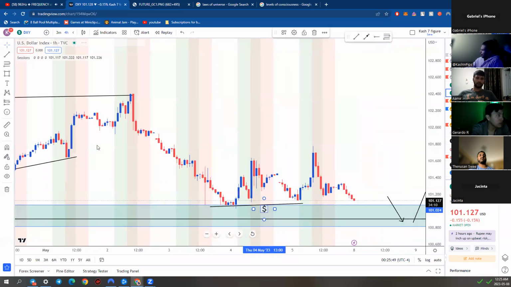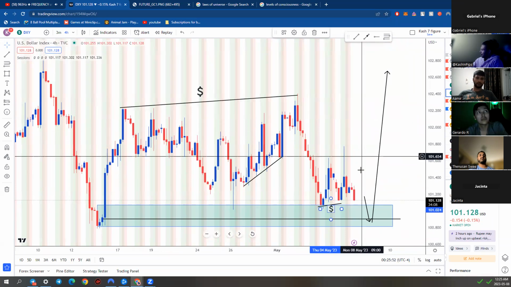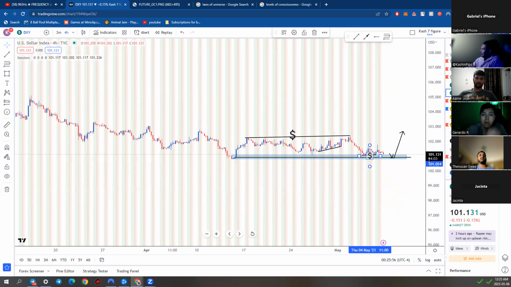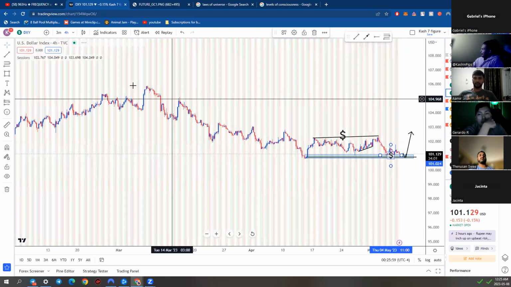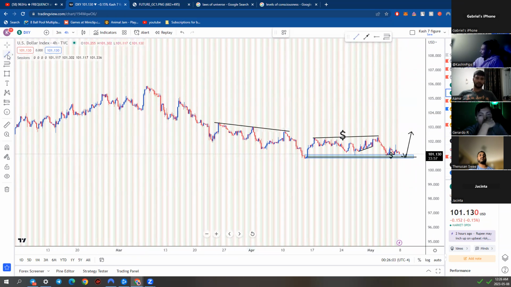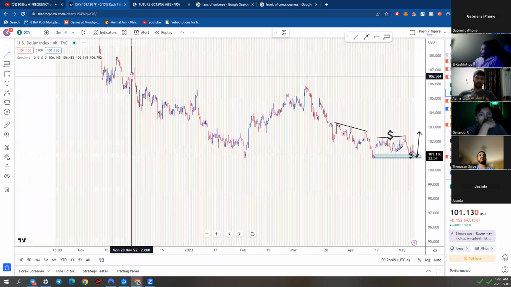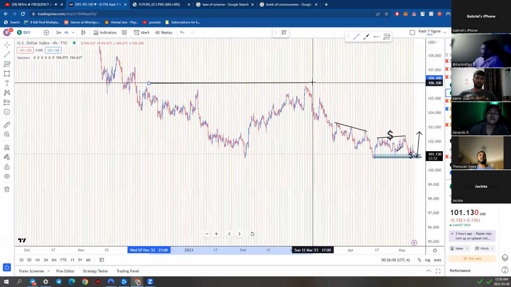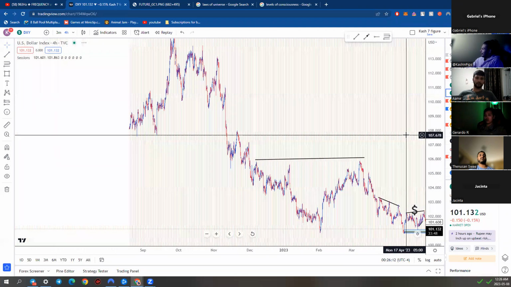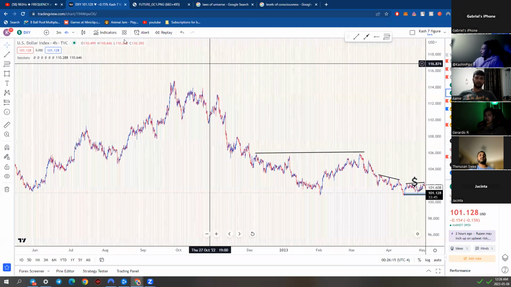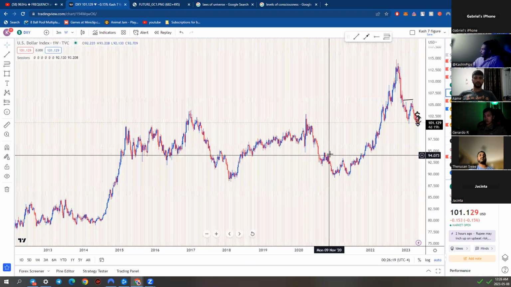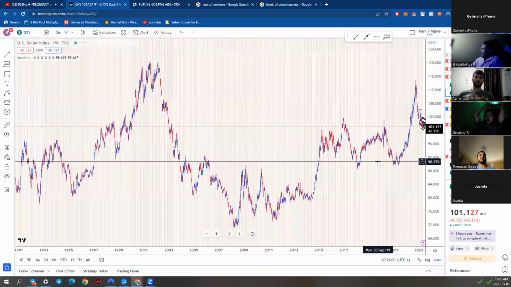In terms of just even the initial 4 hour reaction was nice. Like I said, the equal highs, we just left so many, think about it. Look at how many equal highs we just left. Equal highs everywhere in terms of DXY if we look to the left. So notice how for the last,